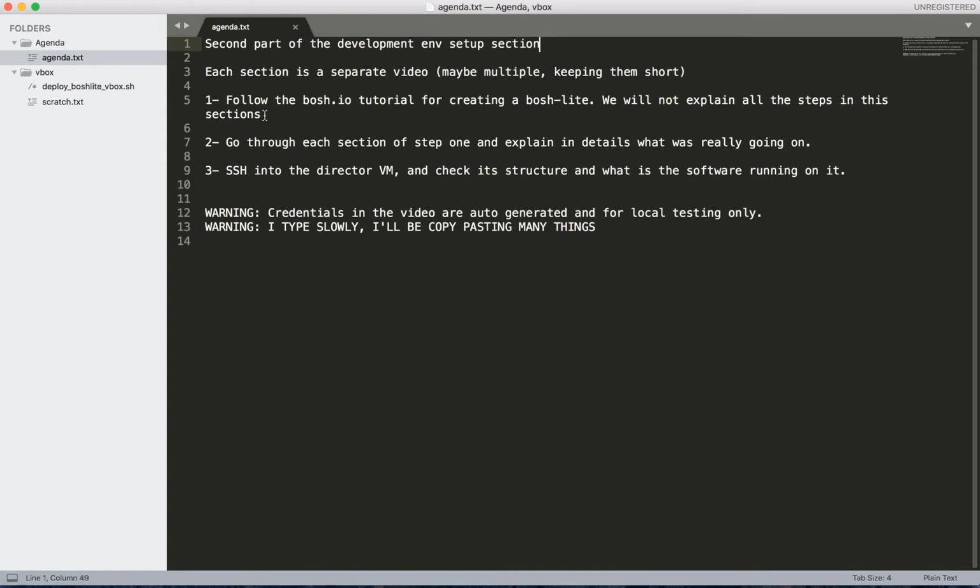each step of what we did in step 1, in section 1, and we're gonna explain in details what really happened. So it's gonna be like a top-down approach, more or less. And later on, we're gonna have a separate video to SSH into the director VM, which, if we remember, is a VirtualBox VM, and then we're gonna just explore around to see what are the software and processes running on it, and what is the regular structure of it. So that would be the agenda, hopefully we're gonna follow it in the next couple of videos, including